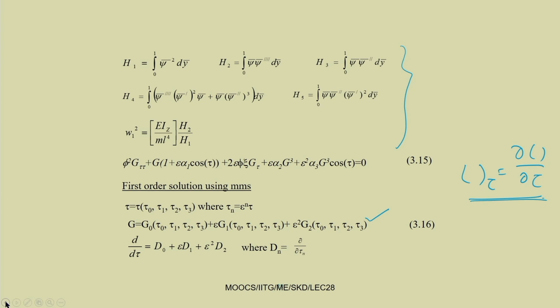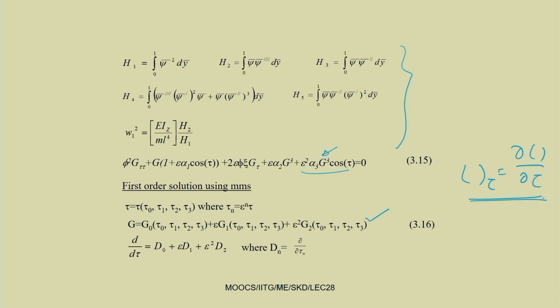In this particular case, if you look at this equation of motion, it is a parametrically excited system with nonlinearity. It is not similar to the Mathieu-Hill equation. You just see what is the difference between the Mathieu-Hill equation and this equation. In this case the coefficient is not g, it is g cube, so you have a nonlinear, cubic term. The coefficient of g cube is a time varying term, that is alpha 3 cos tau.